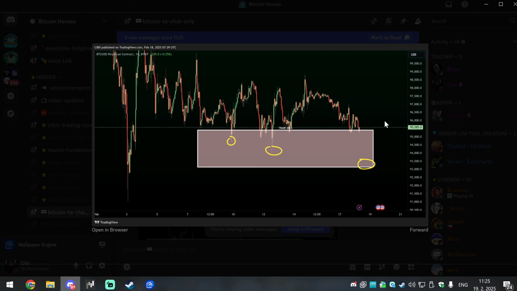Trade area here was for longs. One very good reaction for intraday, another from the mid of the trade area, because often my trade areas are giving you multiple trades because we have multiple lines of support here. Our group is not focused on signals, but a trade area is one of the, you can call it a signal, yeah, because you know where I want to interact with the market.